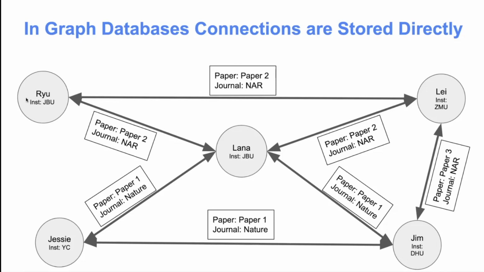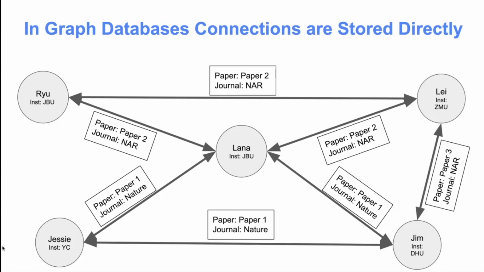So the name is View, and then the institution is JBU or something like that. And then there is a link. So each link means that these two authors have collaborated. For example, this View and Lana, they've collaborated on this paper, which is paper 2, and then the journal